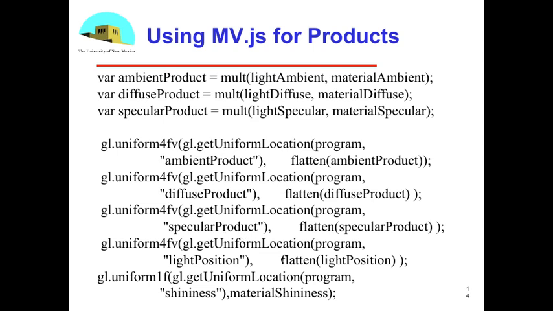It makes the code much simpler. And finally, the shininess is just a single float, so I use gl.uniform1f, get the location of something which will also be called shininess in the shader, and send over the material shininess. Okay, so that's how I get the information to the shader, and this is assuming I'm doing the calculation in